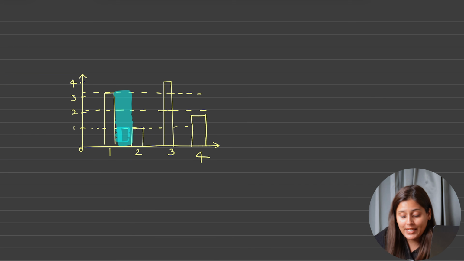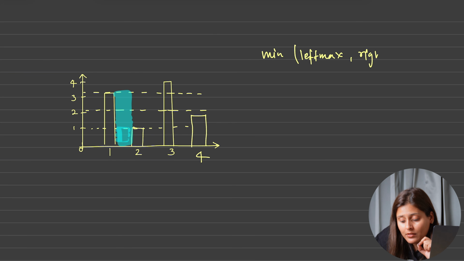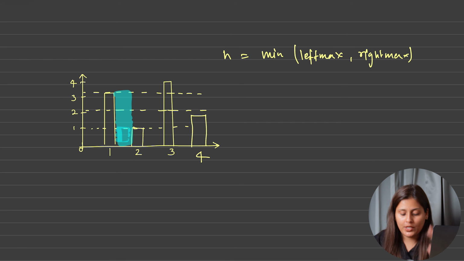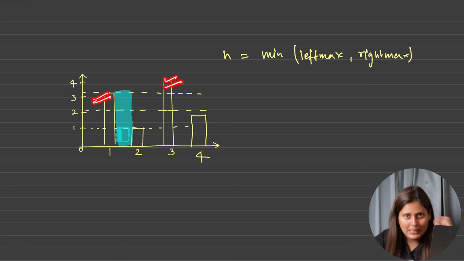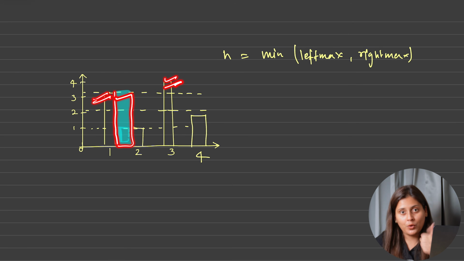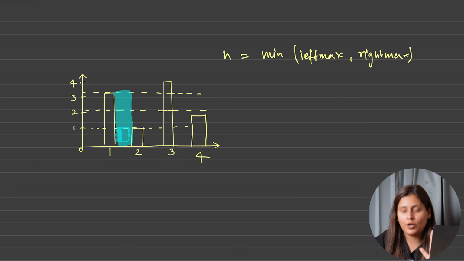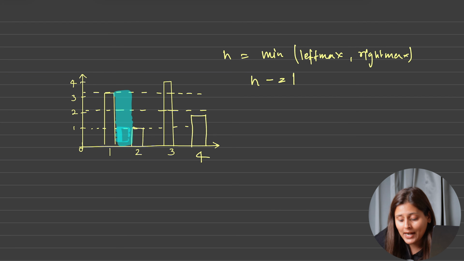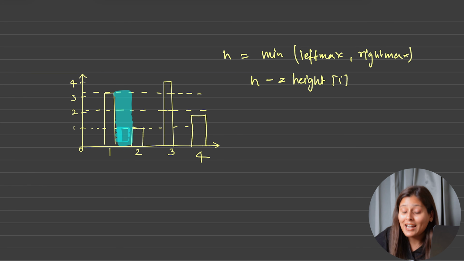So basically what I am saying, to calculate the area, you need minimum of left max height and right max height. So you will get height of the water. Okay, so left max and right max, minimum of this will be the height of water. But still you cannot say that this is the total water, because in this case it was. But what about the second index? So second index you have to subtract, and what you have to subtract? The block height. And what is the block height? Nothing but height of that index. Correct? So from H we want to subtract what? We want to subtract height of that I. And that is nothing but area.